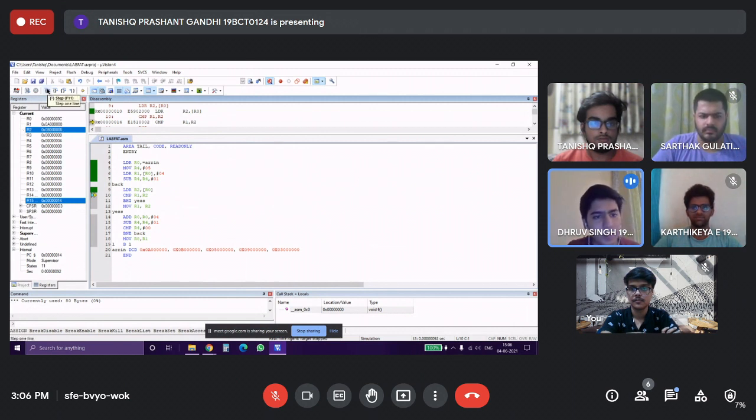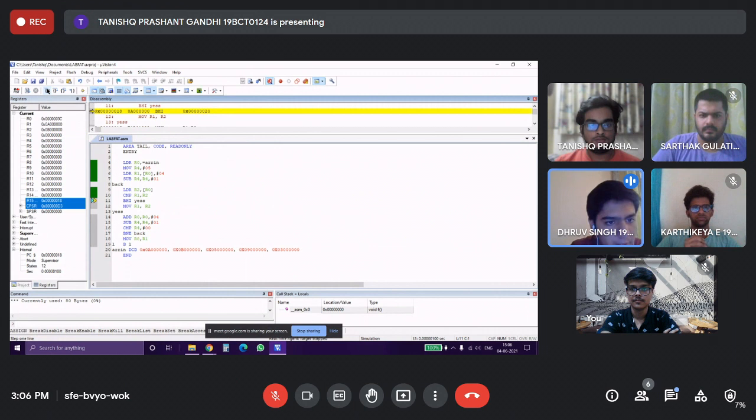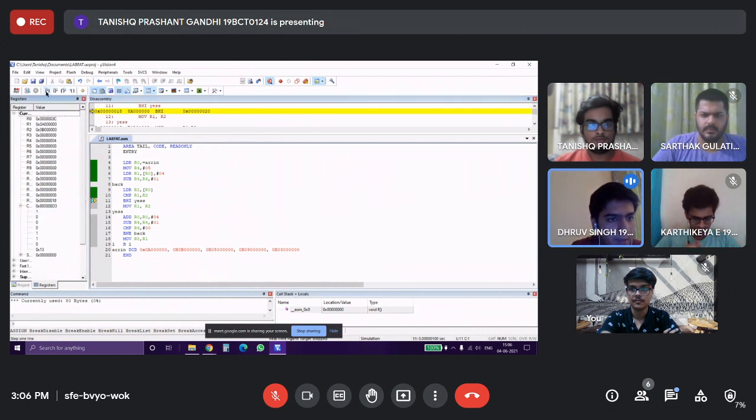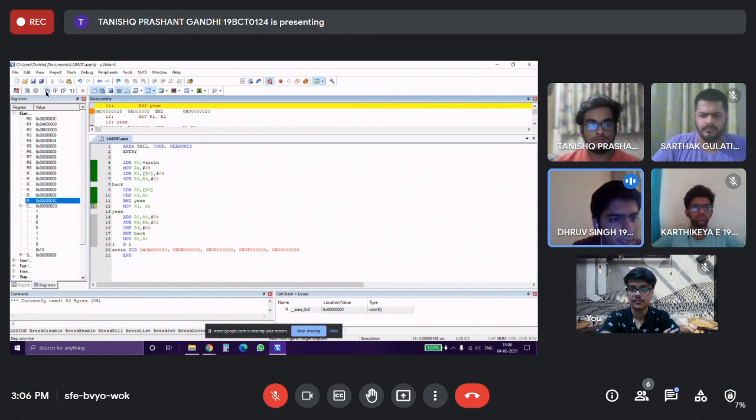We move it to the next element, which means it now stores the address of the next element in the array. After this, we load the R2 register with the value stored at the address given in R0, which is 0x0b, the hexadecimal value b. In the next command, we subtract 1 from R4, and this makes the value of R4 as 4.